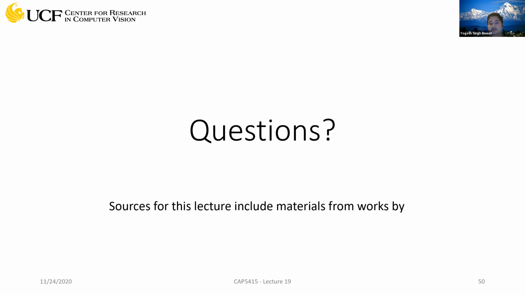So after this, I think we have just one lecture left, and we are going to talk about camera modeling. And that's a very classical view of computer vision, and I think that's pretty interesting. The reason I kept that for the last lecture is it would have been very hard to correlate that with all the other lectures which we have covered so far. So it's kind of a separate piece, but I think it will be very useful for you if you're interested in computer vision.